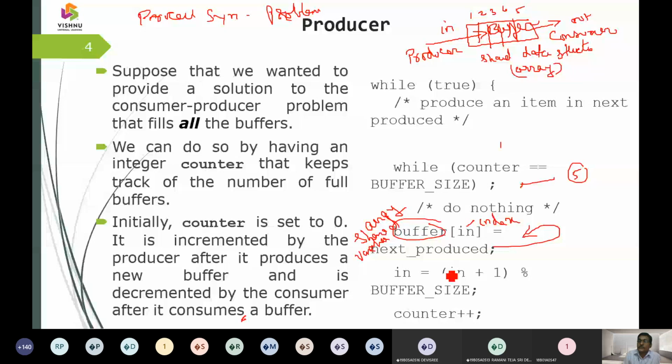So how do we raise this counter value? Now I am going to make this counter value an increment operation. Until 5 iterations are finished, the producer is going to produce items up to the maximum size. Initially the counter is set to 0, and it is incremented one after the other and fills the buffer. Until the buffer is full, it is going to produce the item. That is all this producer is going to do.